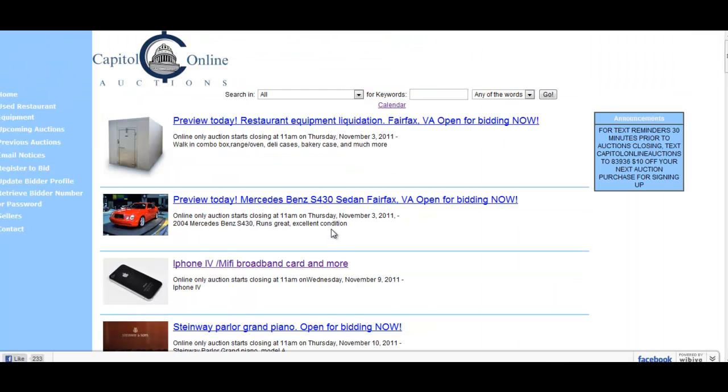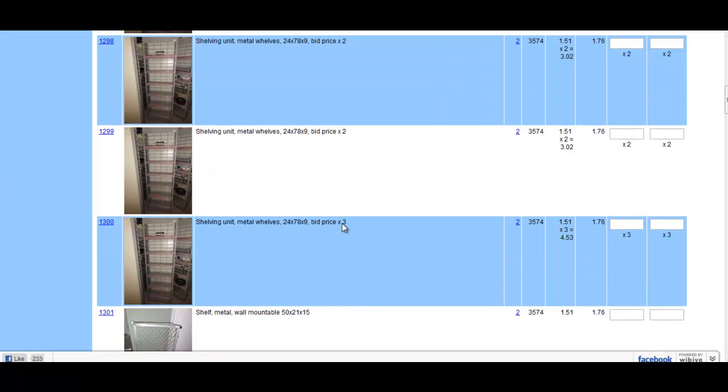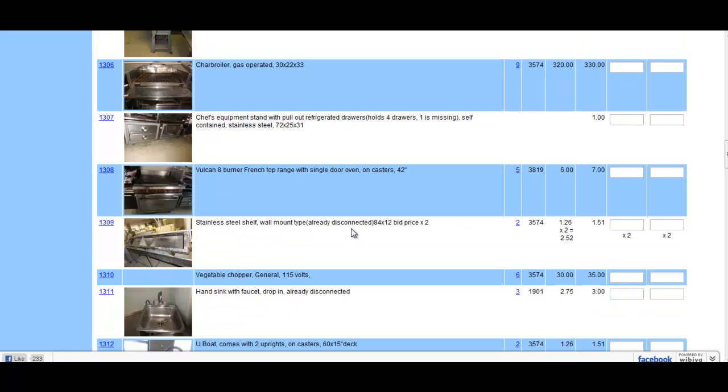Open up their page. We see Capital Online. This is a local company. And we can see what's going on. All right, restaurant equipment liquidation, and you can see the items right here. Restaurant equipment sells like crazy, but you have to have places to store it. Many times, the prices are going to be incredible on here because basically their market is drawn to dealers and resellers and people like that. But we're also going to get some steals in here, so we can look through here a little bit. We can actually do some research too,